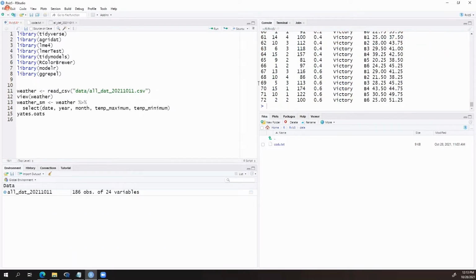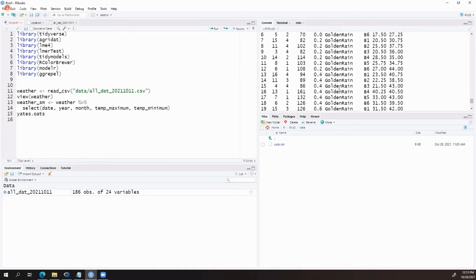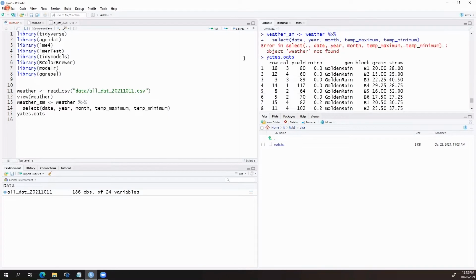And so it shows up in our console over here. And that contains the results of a designed experiment where it's got some columns that are actually part of the experimental design, like the block and so on. But it also has the yield, it's got the nitrogen levels, and it gives us grain and straw as outputs.